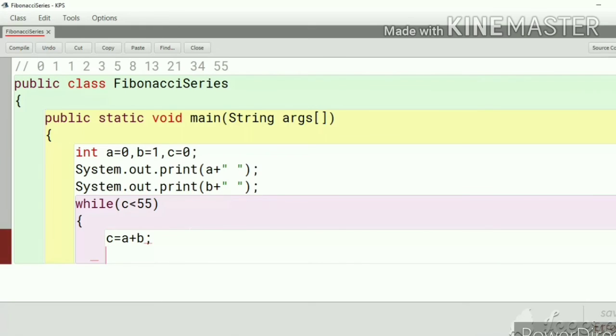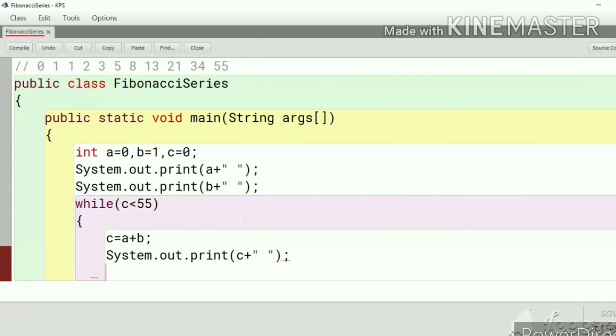Then we print with System.out.print the variable c, and give the space also, plus double inverted commas open and close for the space.